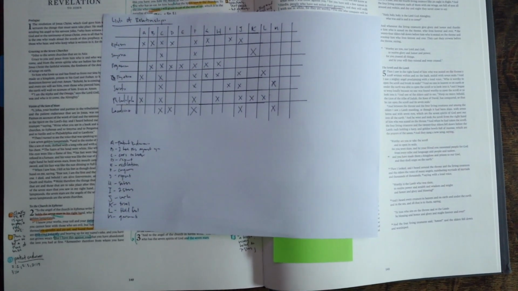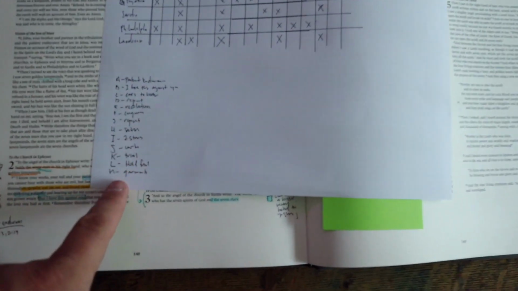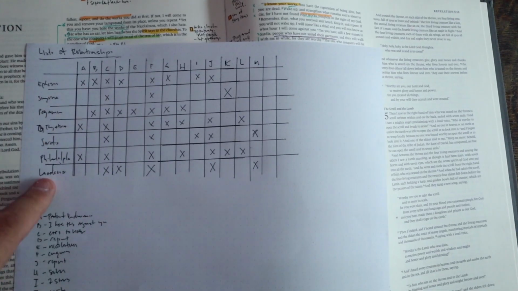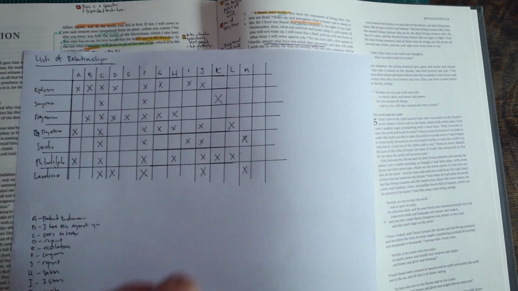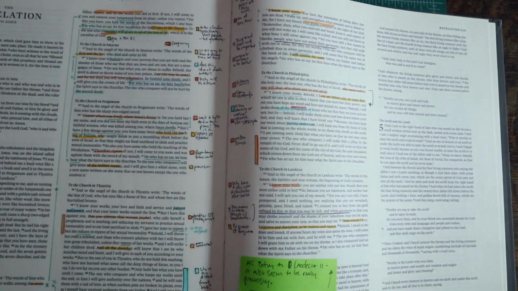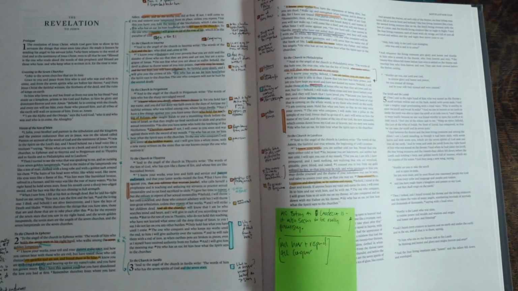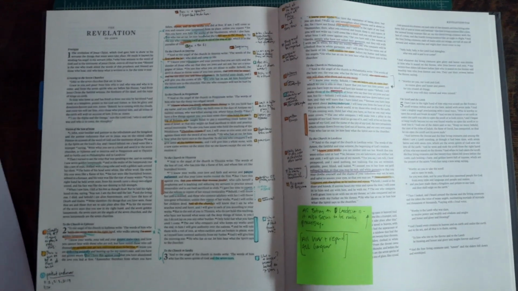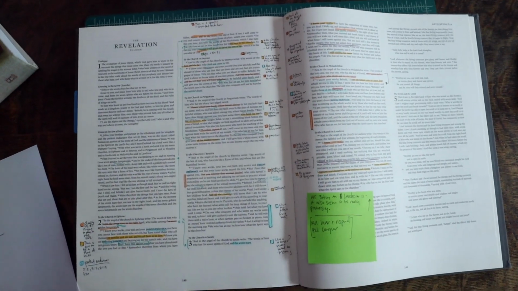Now, I'm not expecting you to be able to read my handwriting, but you can see I've given myself a key down here for the different things I see recurrences of, and then I made a chart of all the 7 churches, and all the things I saw recurrences for. And I just gave them an X, just to where I saw them, where they recur more and more again, and how this will just work out.